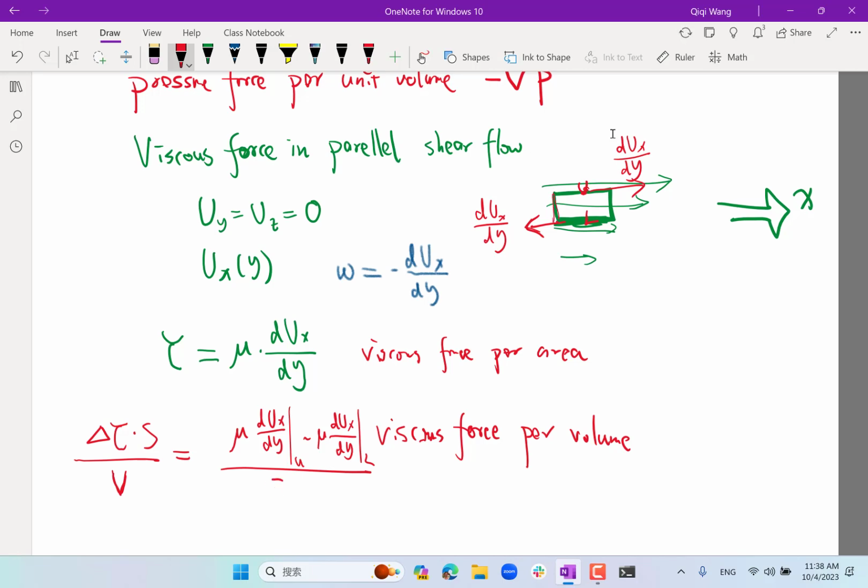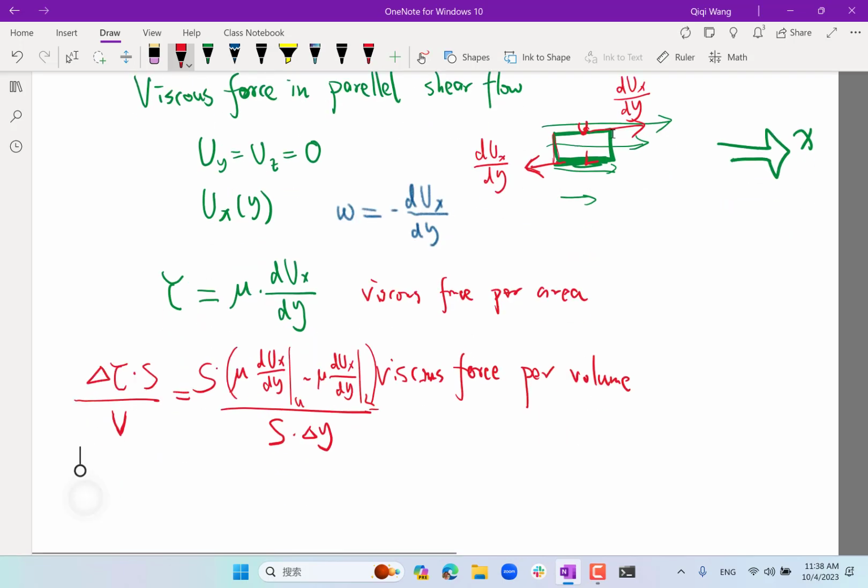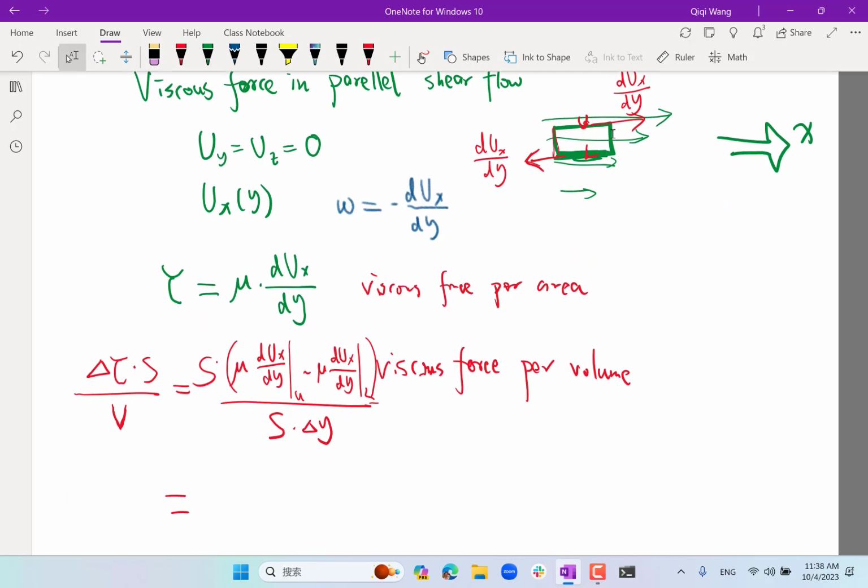On top, we are also multiplying by a surface, so if we cancel the surface, that's basically a delta of, and if mu is constant, we can move mu out. So it's a delta of dVx/dy divided by delta y,